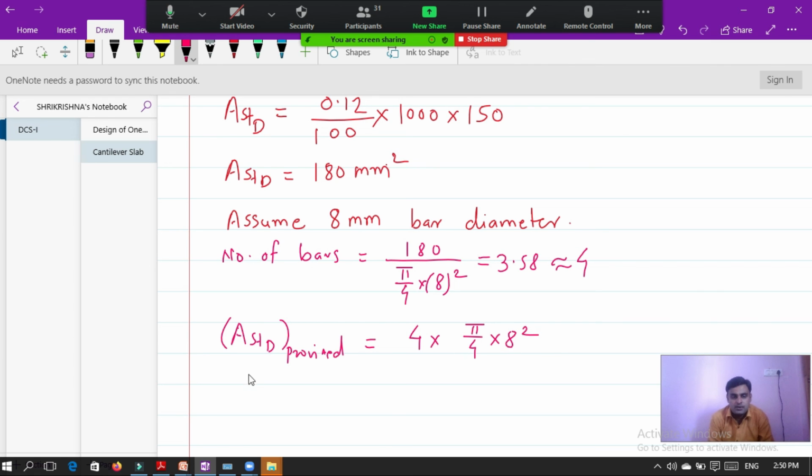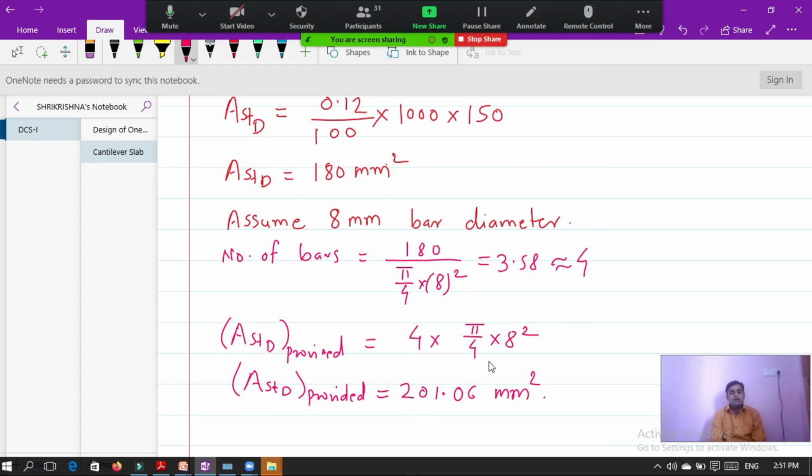So the ASTD provided is equal to 201.06 mm².